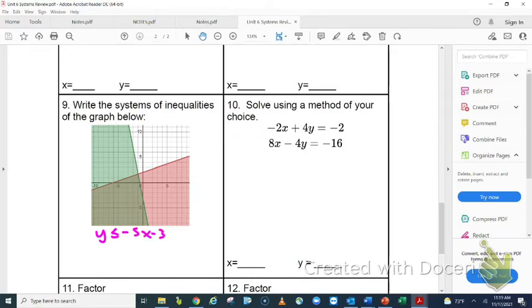This would be the system of inequalities that you were given. And from here, you would plug this into your calculator and select which graph represents that system of inequalities. Keep in mind, we have two different triangles. We have a triangle that's kind of up top, and we use that when y is greater than or greater than or equal to. And we use this bottom triangle that looks like this when y is less than or y is less than or equal to. So when I plug these in, since y is less than, I'm going to use that bottom triangle like this on both of them